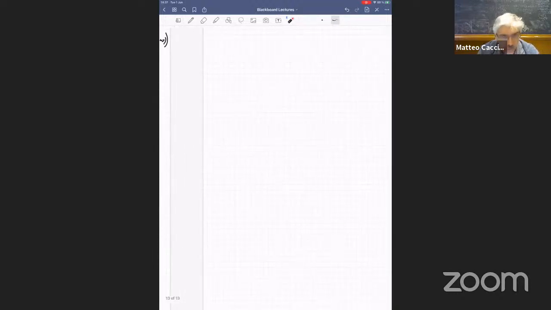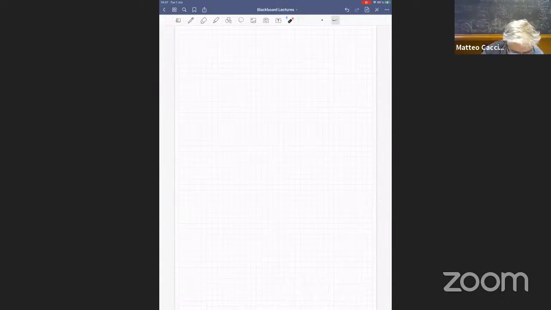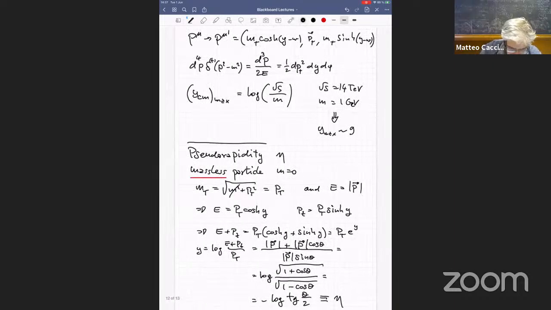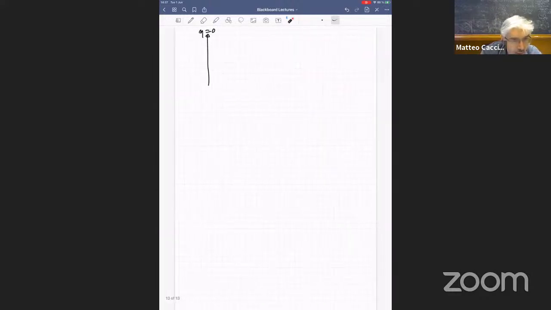To give you an idea of how this looks, if you take a detector, then you will have a situation where eta equals 0 corresponds to 90 degrees, of course, because the tangent of, if you go back to this equation here, for 90 degrees, the tangent of 45 degrees is equal to 1, and the log of 1 is equal to 0. So this is where you have eta equals 0, and then you have somewhere here,